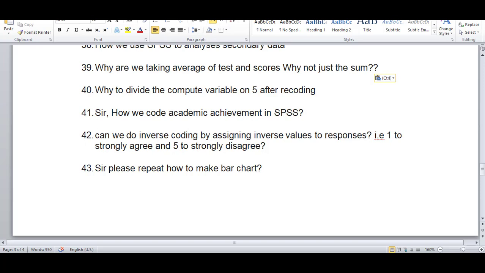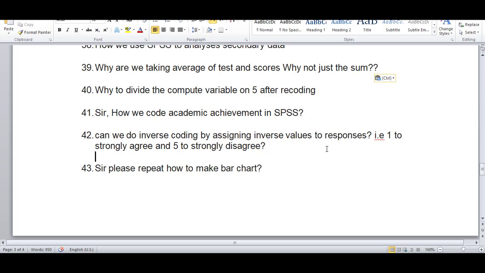Can we do inverse coding by assigning inverse values, respondent 1 to strong? No, you cannot, because this is not inverse coding. You are actually shifting the Likert scale, but the question remains the same. If you have 5 items from strongly disagree to strongly agree, and 5 items from strongly agree to strongly disagree, then it will create a